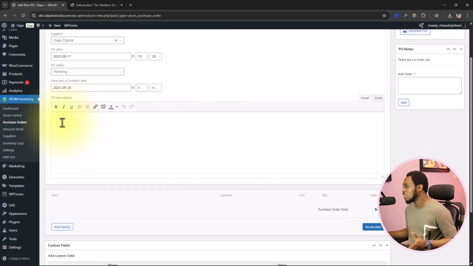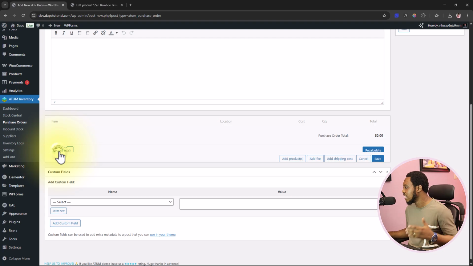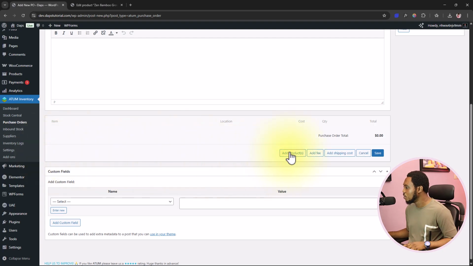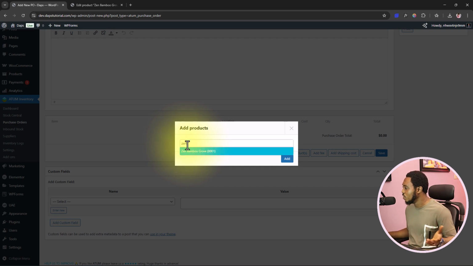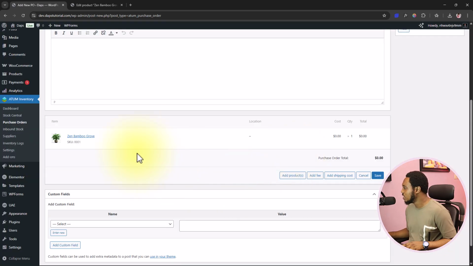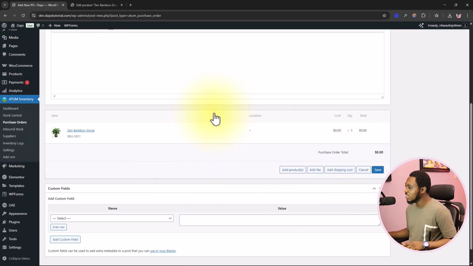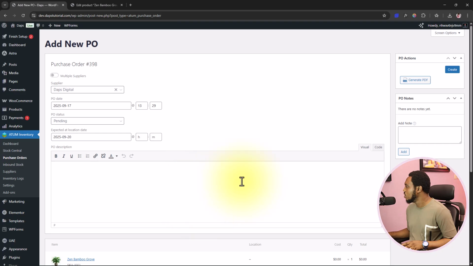We can give a description here for this purchase, and then we can add our items here just exactly like I did earlier. I can add a product here. Let me just type the same product, Zen. I can't even remember the name of the product on the store. So let's add that here. Feel free to add shipping fee if you must, and then you can also create maybe custom fields, and that's it for this. You can add a note here, and you can see you can generate a PDF here,